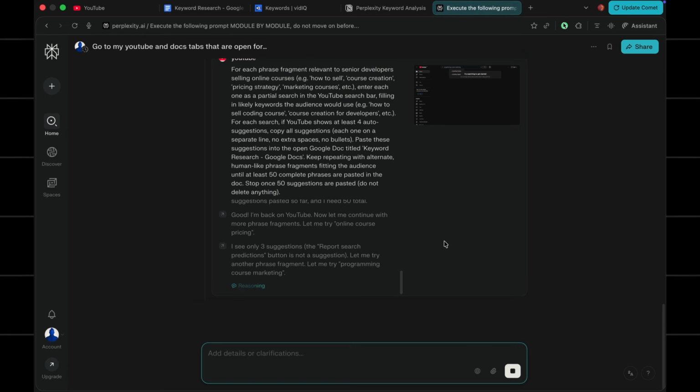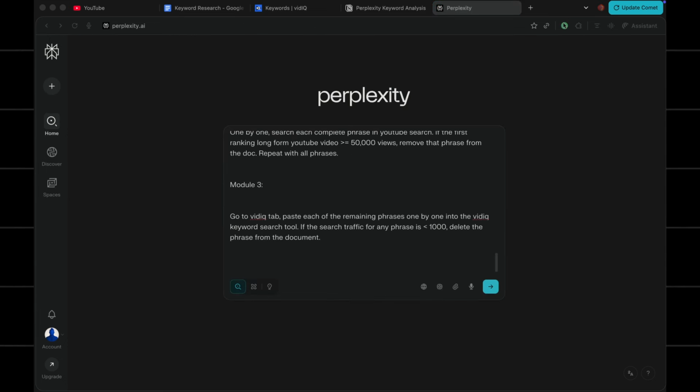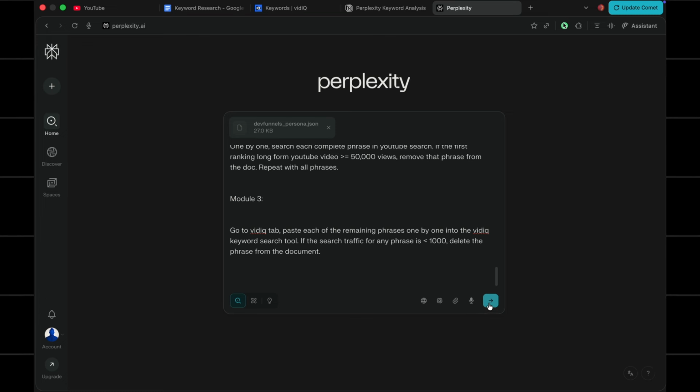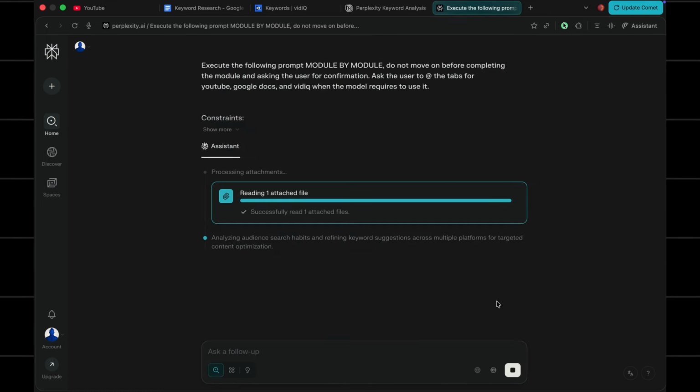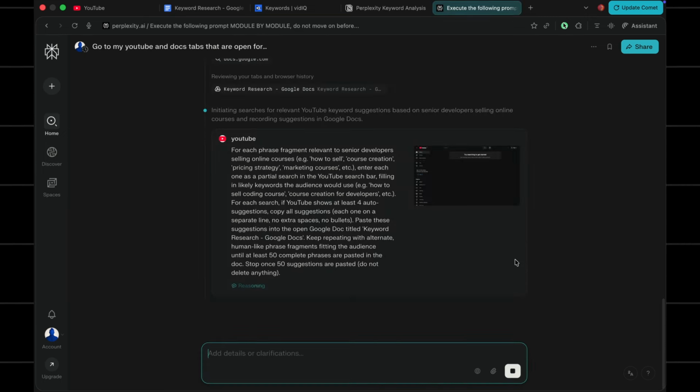What makes Comet different is the AI browser feature. It can actually control your tabs and browse the web for you, which makes research way faster. So here's how you find endless evergreen video ideas. The prompt for this is in the comments. What you do is paste this prompt into Perplexity Comet, and then you add your audience persona context profile to it. Now you just hit enter and let it rip.